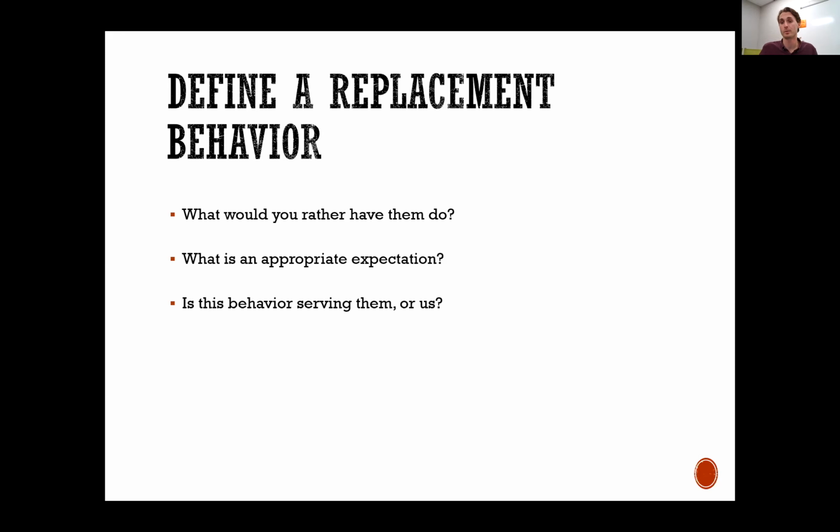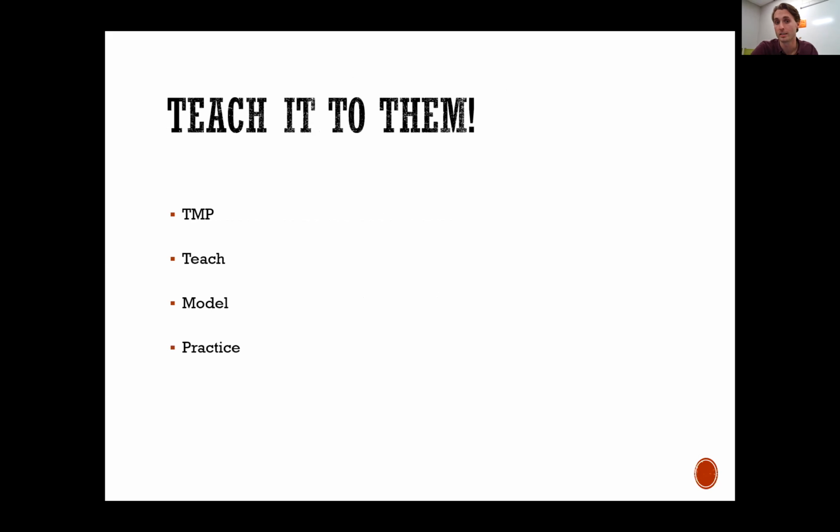And the way that we got there is we thought to ourselves, what would we rather have this kiddo do than punch kids and then yell at kids to get their attention? We'd rather have him be kind. We came up with be kind. It was an age-appropriate expectation for him, and we taught him what that looked like, which leads to our next step. After you've come up with a replacement behavior, whatever that is, use teach, model, practice, which we talked about at the beginning of this, and show them what it is.